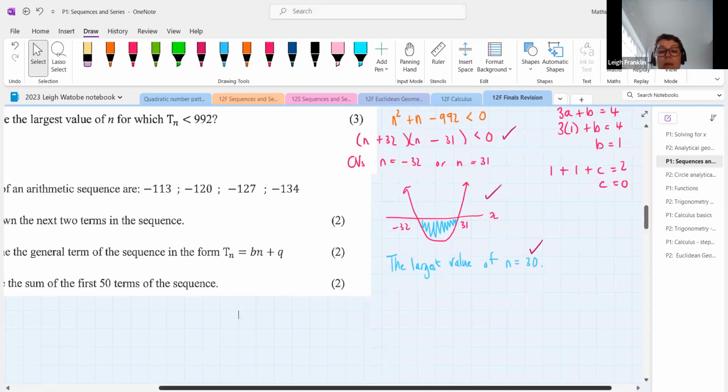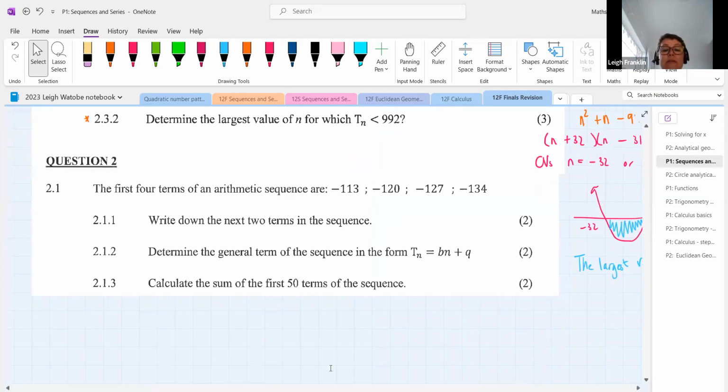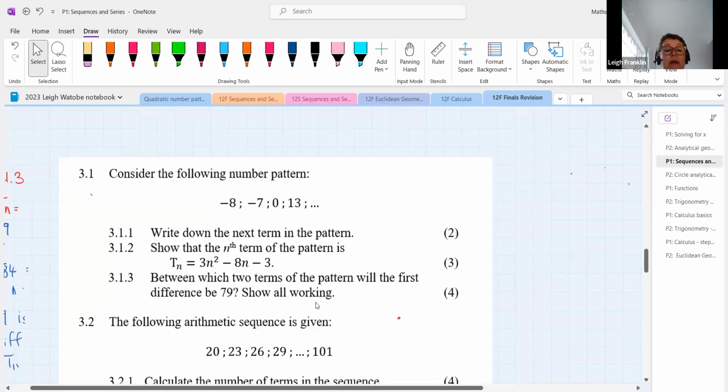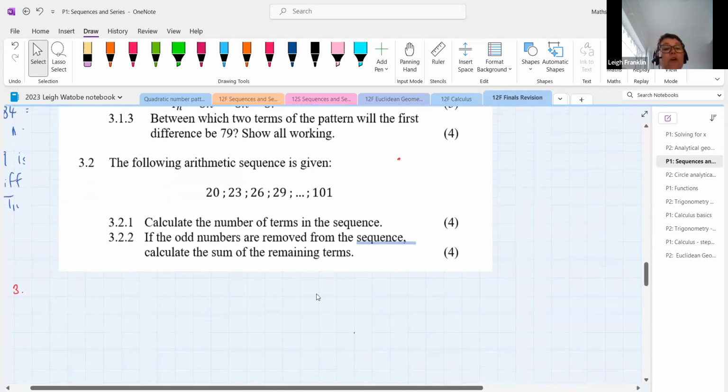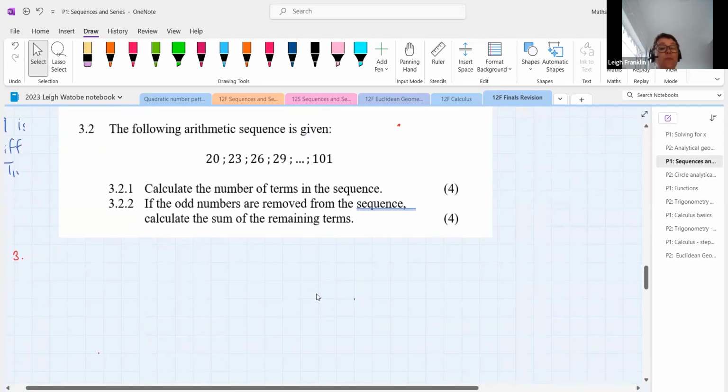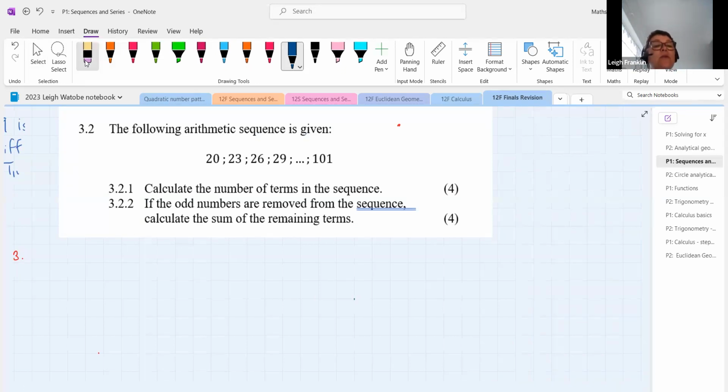What I'd like to do with you guys is this particular question just in the last few minutes that we've got. It's this particular question over here. In this question, it gives us an arithmetic sequence and it goes 20, 23, 26, 29, all the way down to 101. The first thing that they want us to do